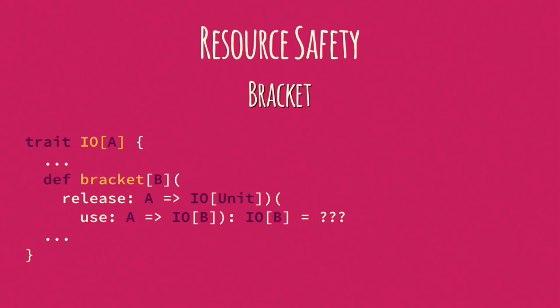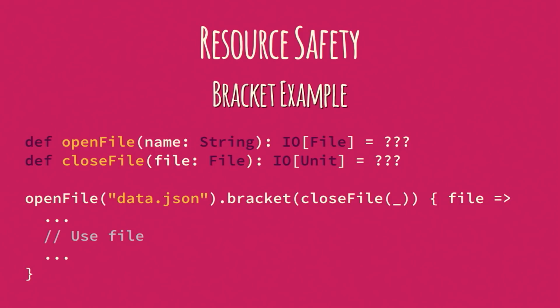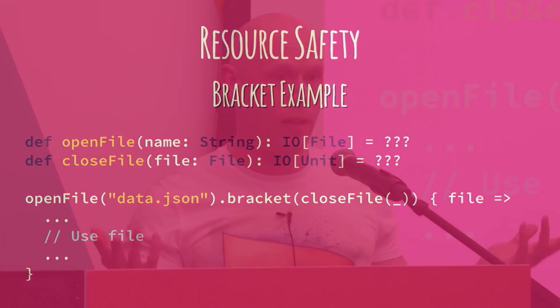Bracket is the primitive that you need to use whenever you acquire a resource, because bracket provides a guarantee that anything you acquire will be released, regardless of all the things that can go wrong. So if you open a file, you want to call bracket and specify close file in there as your action for releasing the resource. And now inside the bracket, you can use the file to your heart's content, and you know that no matter what happens, if this fiber is interrupted, or if it terminates for some internal reason, it didn't catch some error that it threw inside, then on the way out, that close file is going to be called, assuming that the acquisition of the resource succeeded.